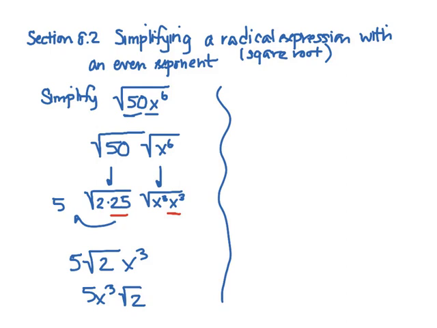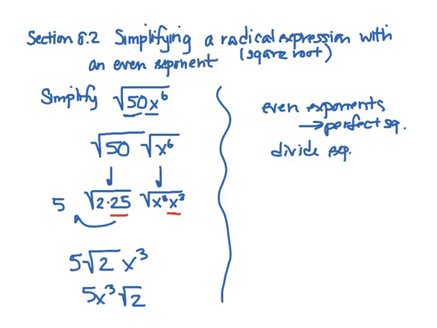Remember, I had also told you that anything with an even exponent is a perfect square, right? So you simply divide the exponent by 2. So even exponents are perfect squares. So you can divide the exponent by 2. So if I take the square root of 50 x to the 6th,